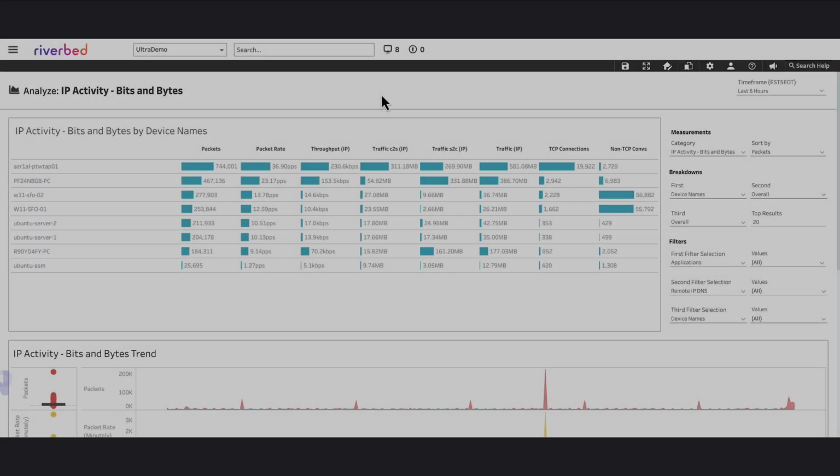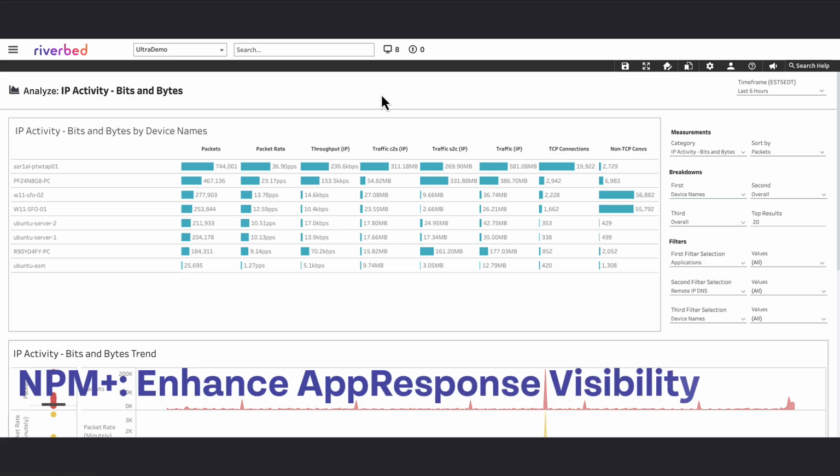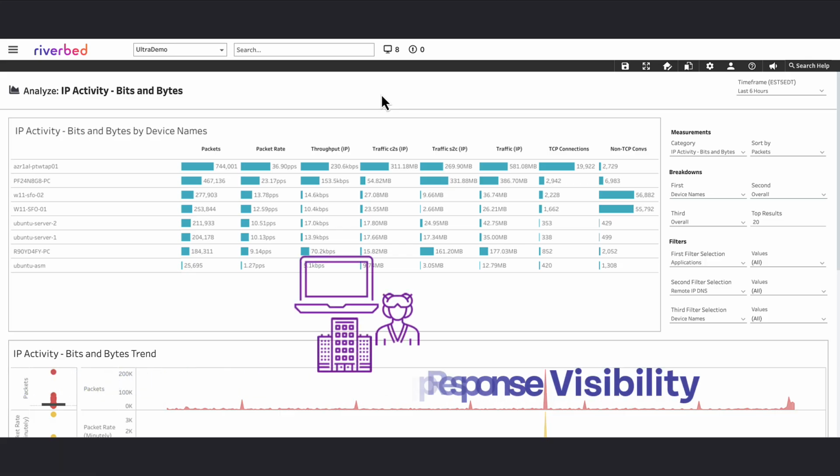In this demo, we will look at the case of Barbara Roberts, who relies heavily on the Cloud Suite SaaS application to process customer orders at her job. Barbara has been experiencing significant slowdowns while using Cloud Suite, which in turn could cause shipping delays and lead to